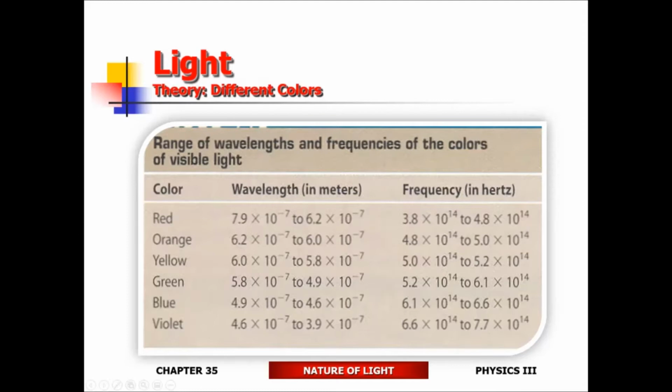In reality, we should be looking at between red and violet. Okay, so I'll go with red and blue, and when I say blue, I think violet is a better way of looking at it, but blue is as far as I'm going to go. All right, so which one is a larger wavelength? Is it red or is it blue?